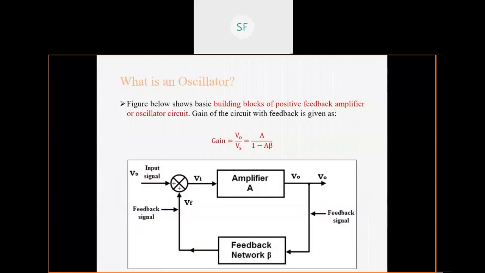And again, one important thing is there are two major blocks in your oscillator. There will be amplifier also, there will be feedback network also. The gain of amplifier is called as A, and the gain of feedback network will be beta, or the attenuation provided by feedback network is beta. So product of A into beta is nothing but a loop gain, because it is forming one loop. And again, the important thing is oscillators require positive feedback. That is, some portion of output is added to the input. It is called as positive feedback.